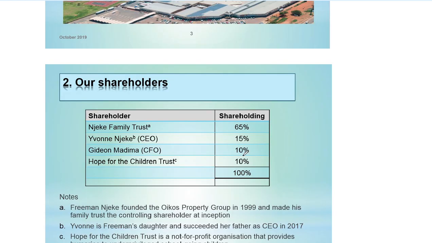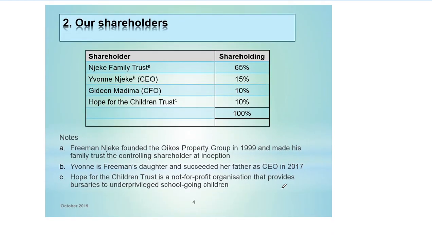Now, you've been told that this is a family company or family orientated company. And by that, you can see that the family potentially owns 65% plus 15%. And the 10% might also be more of a family. Now, let us read the note which explains more information about the trust in JK or Yvonne, as well as Hope for Children Trust. If you're looking at the notes, they're saying Freeman Njeke founded Oikos Property Group in 1999